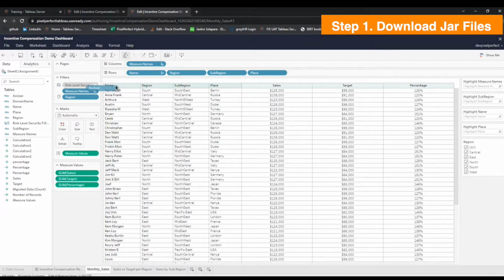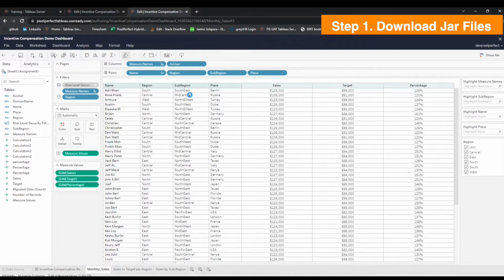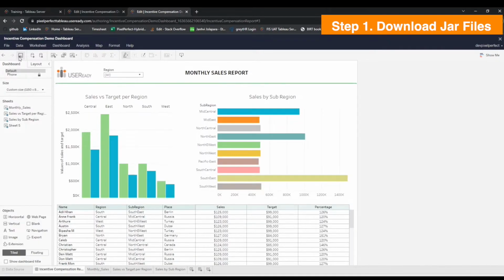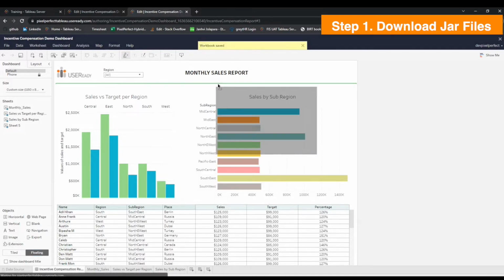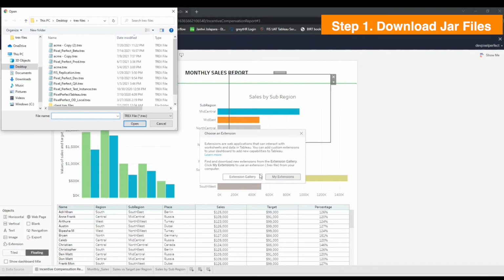Now we drag as user to the column, click on the drop down button, then cancel show header. Now as user is added in the worksheet. Next, go back to the dashboard, click on save button and change tile to floating. Drag an extension to the empty space on the dashboard, click on my extension, then we need to select a